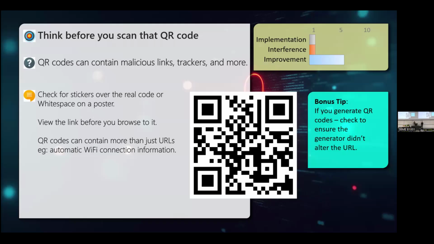Or it can take you to a malicious site, or it can add somebody into your contacts on your phone, which can have implications if you use things like Telegram or WhatsApp or Signal. So always think long and hard about whether or not a QR code is something you want to scan. And generally, most phones will give you a preview of what it is before you do whatever it wants you to do. Look at it carefully and determine if it's something you actually want to go to,